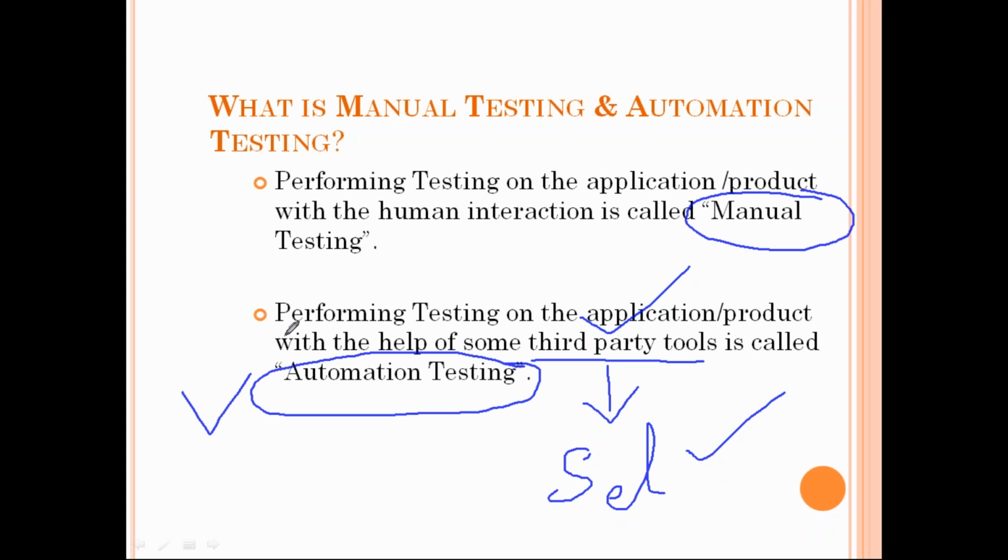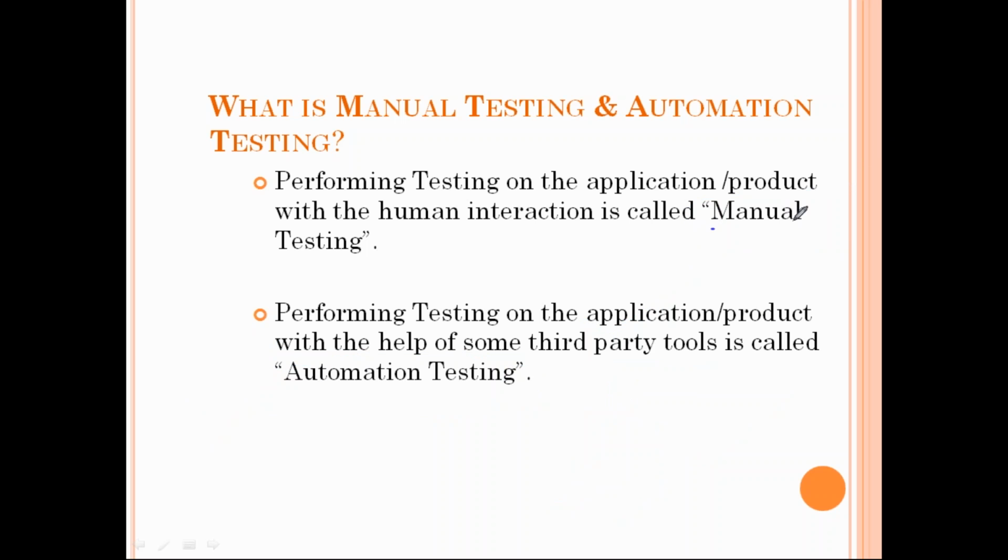What is the difference between automation testing people's and manual testing people's tasks? So manual testing engineers, what are they going to do? They are going to write the test scenarios. They are going to design the requirements. They are going to list out the testable requirements. And then once they get the sign off, they are going to start designing the test